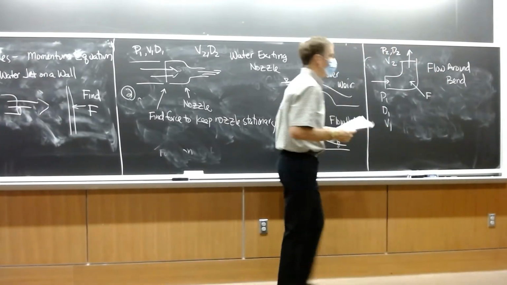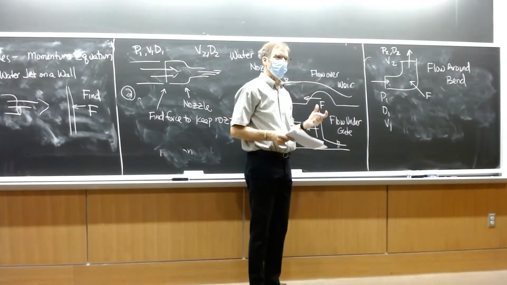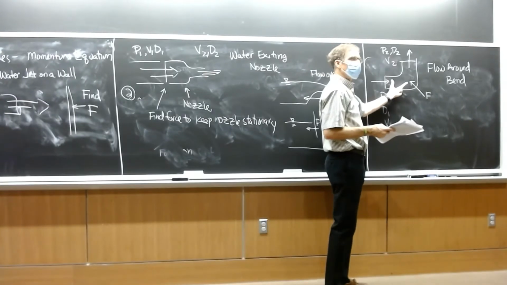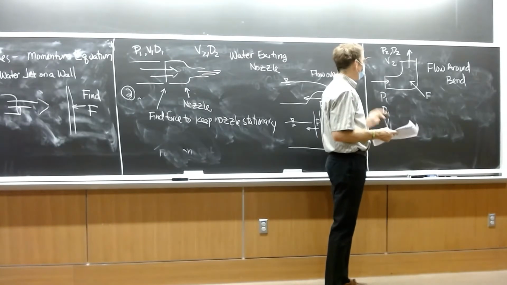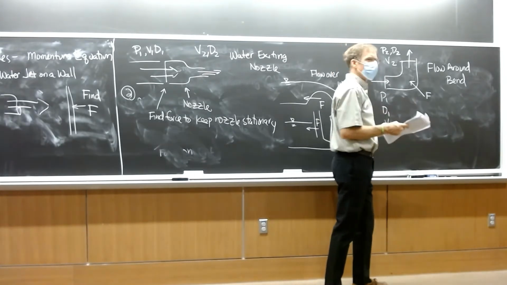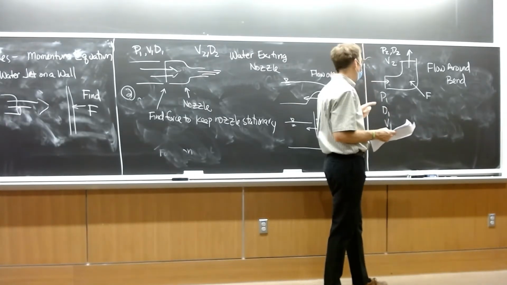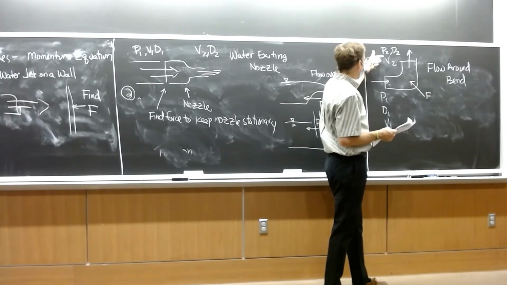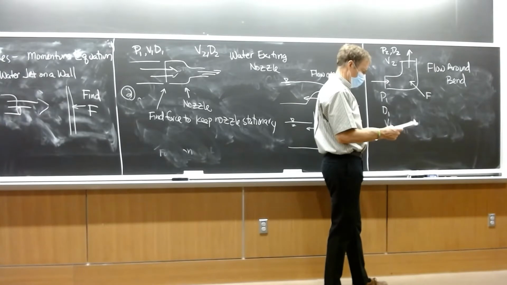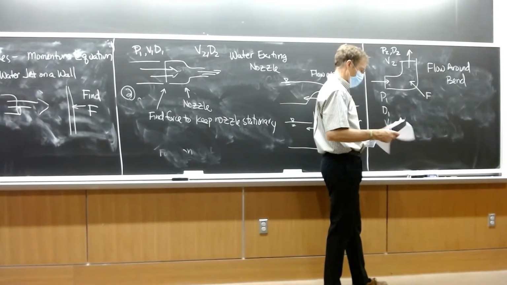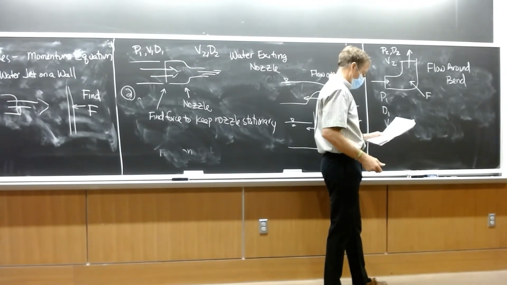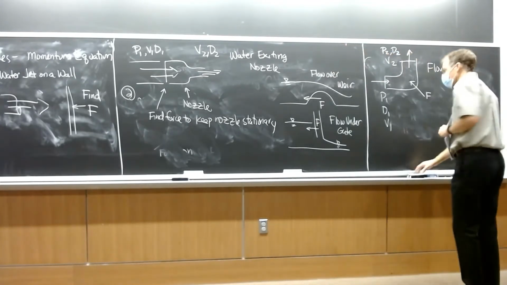Flow around a bend, you'd have to put a force on that elbow to keep it stationary. We can figure out what that force is, its X component, its Y component, given the pressures, diameters, and velocities upstream and downstream. All right, so just to say again,